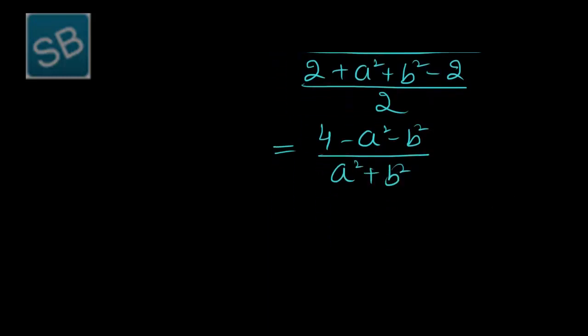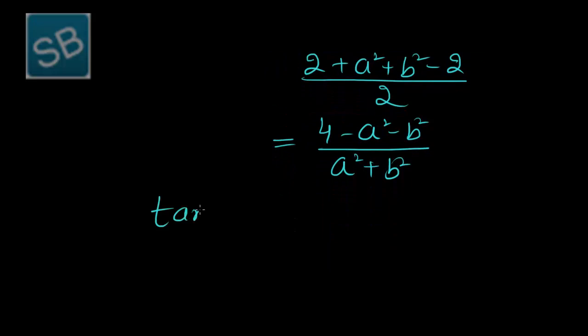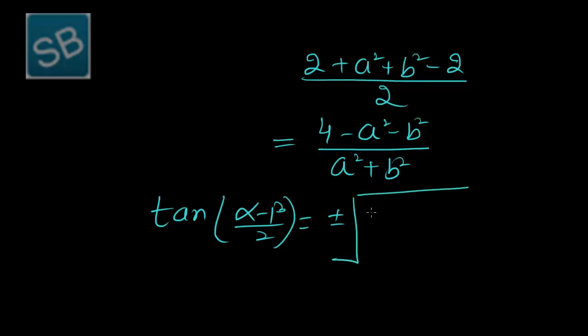So we get tan alpha minus beta over 2 is equal to plus minus under root of 4 minus a square minus b square over a square plus b square. That is our required result in the submultiple angle of alpha minus beta over 2. Now the next problem is,